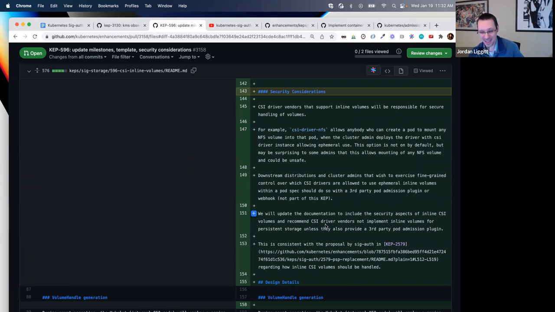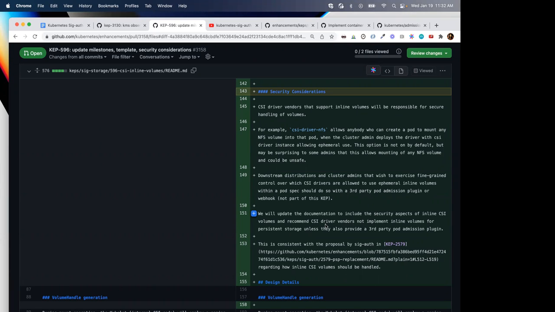Yeah. Maybe inline is the one that is so dangerous. We will document that if a driver implements the inline volumes, then it should be safe. And if they want to do something unsafe, then they should provide a third-party admission plugin that will enforce it, and it allows users to do some policy.